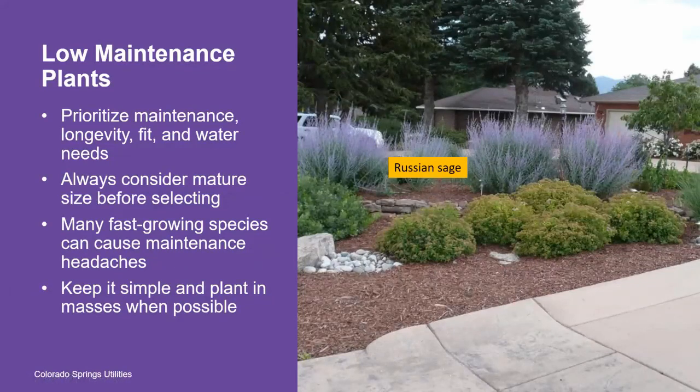Okay. So we'll talk about low maintenance plants initially. When people go to buy plants, they typically focus on the flowers. This is an age-old thing. Those are the most attractive part of a plant. They're what plants are often bred for, having large flowers in large numbers. But if your objective is low maintenance, you don't want to prioritize big showy flowers. You want to prioritize